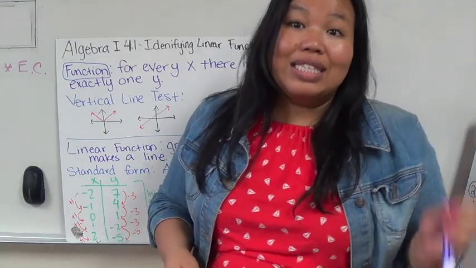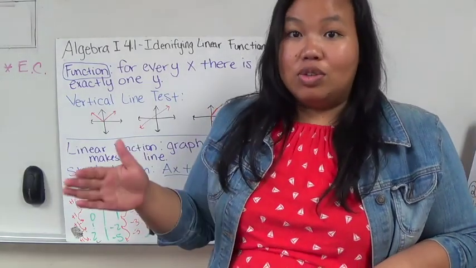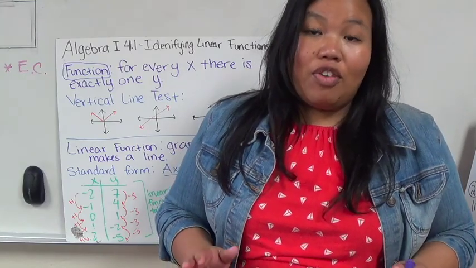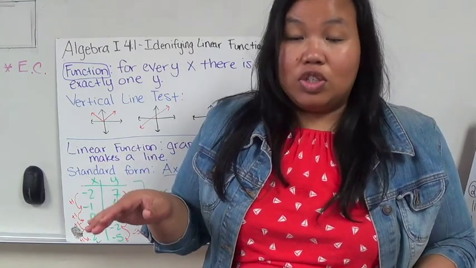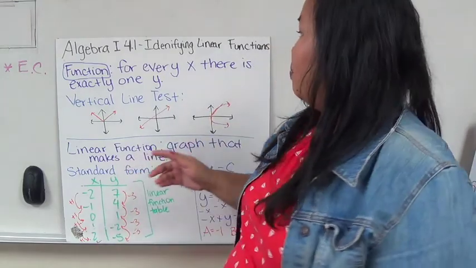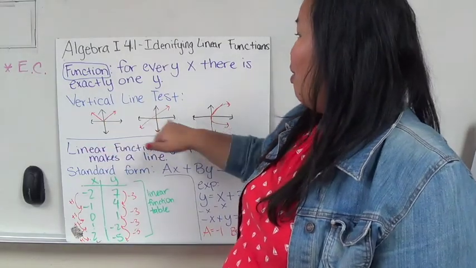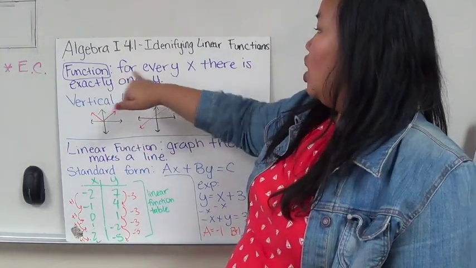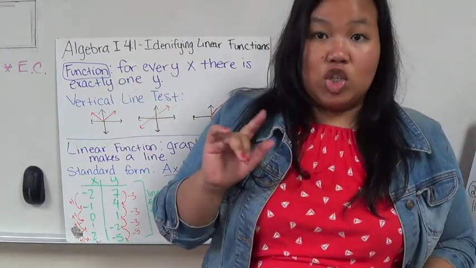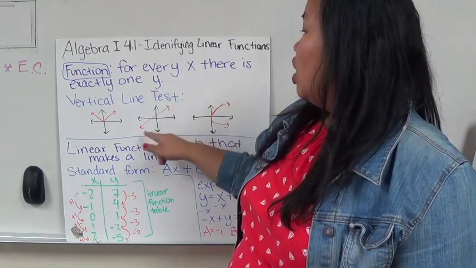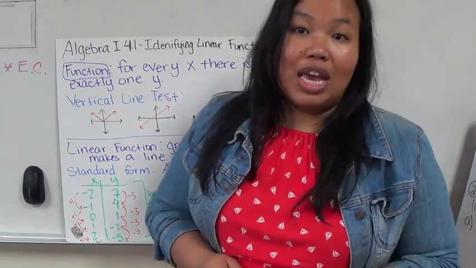If I plug in the same x, I should get the same solution. If I plug in a different x, it should give me a different solution. So for every x, there's a y. Now, the vertical line test is a way to check if a graph is a function. With checking the functions, I can just check the charts. But using a vertical line test, I can check a graph